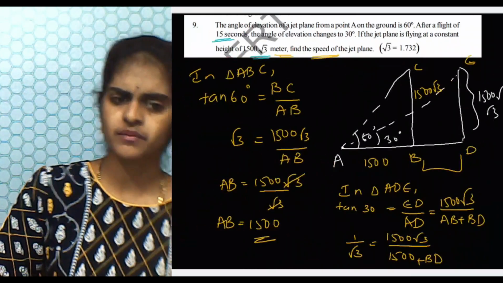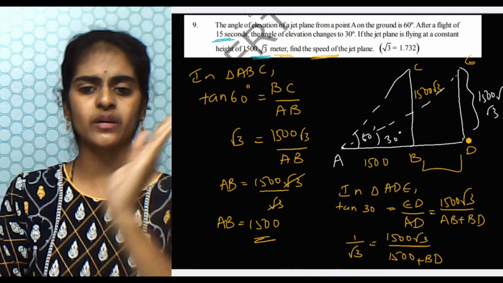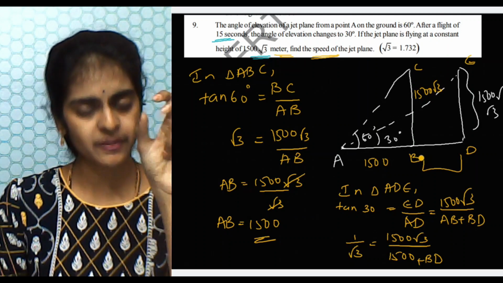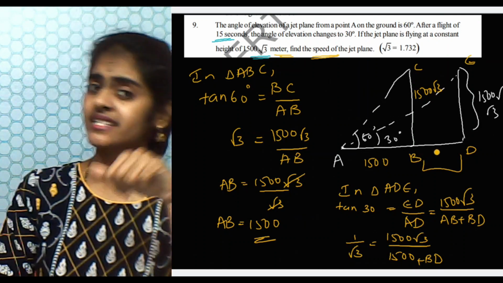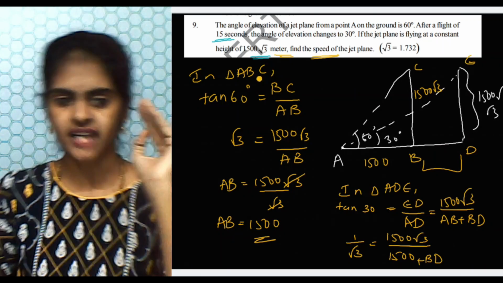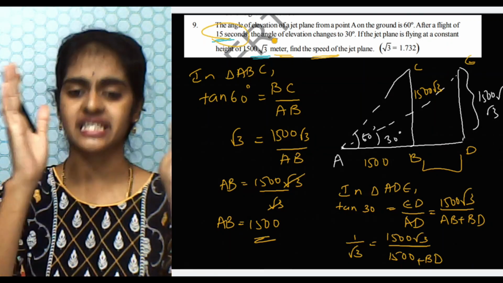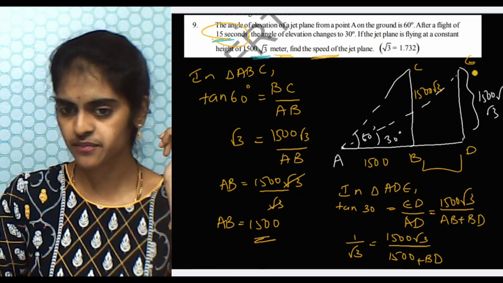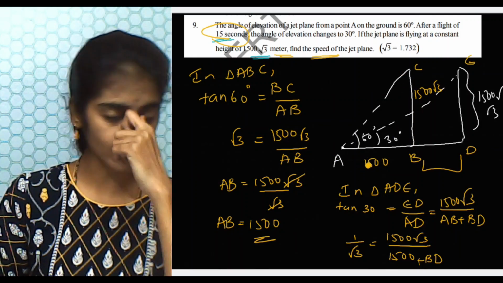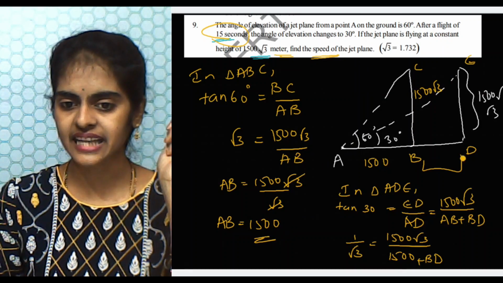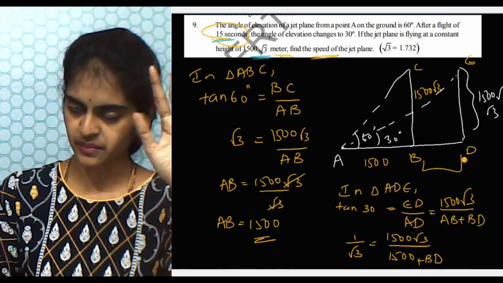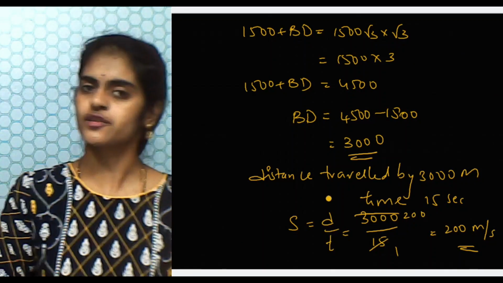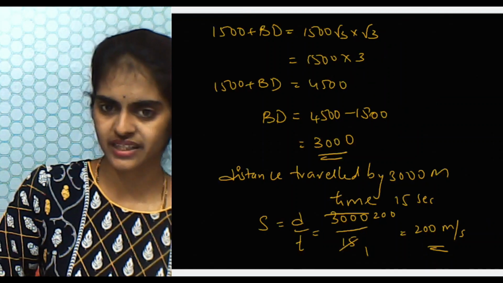Okay, so very simple. Firstly, the plane was at BC. Now it has moved to ED. So you have to find the speed of the plane. For finding the speed, you want distance and time because speed is nothing but distance divided by time. Time you have, it is 15 seconds, but you don't have distance. So how will you find the distance? To find distance, I'm taking these two triangles first. In triangle ABC, I got AB. Now in triangle AED, substituting you'll get BD, which is nothing but the distance traveled by the plane. So simple. Speed is distance by time. Simple substitution will get the values.